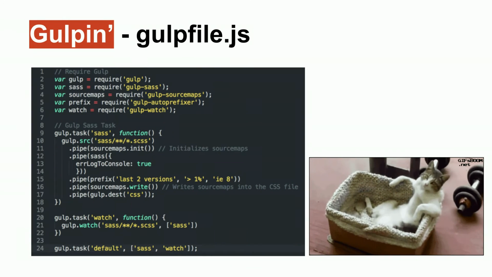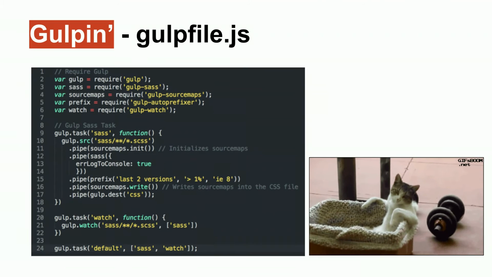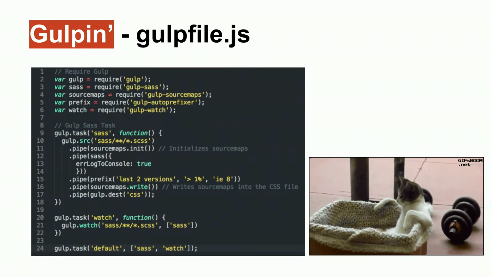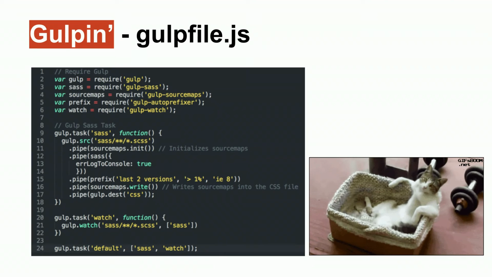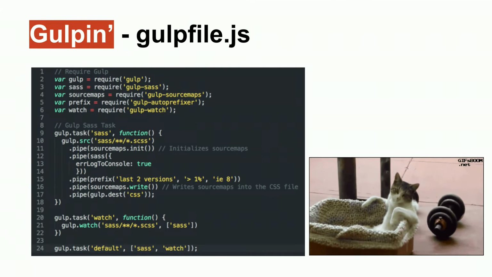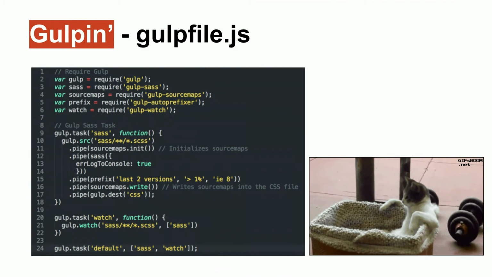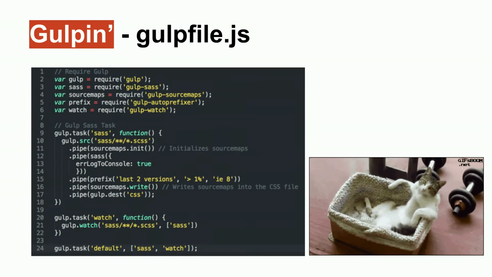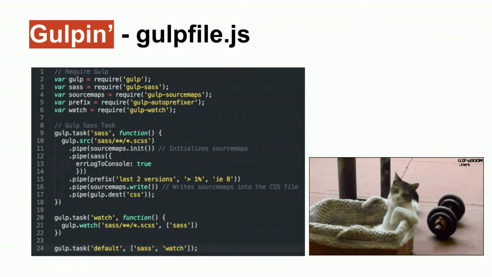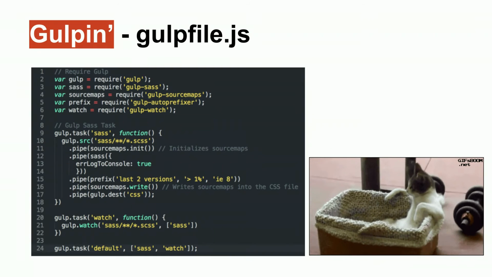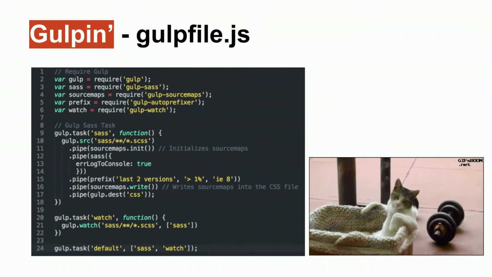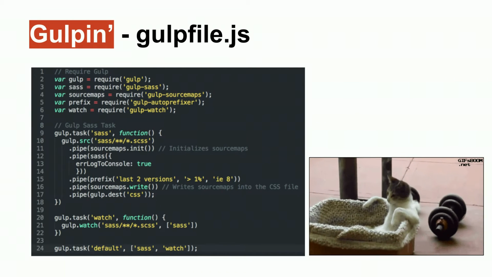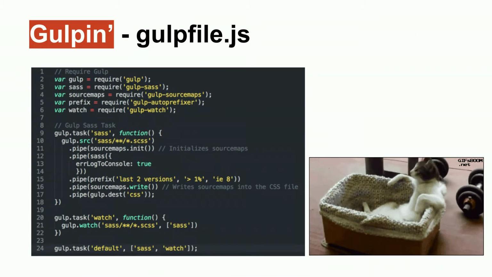Give it a little destination, what folder to write it in at the end, and all of a sudden you have Sass being watched on your theme. Every time you save it, it gets recompiled. And this is just an example of Sass. This exact same gulp.task format can be used for images, for JavaScript, for SVGs, whatever function you want to have happen during your theme building can be simply managed through writing a function for Gulp.